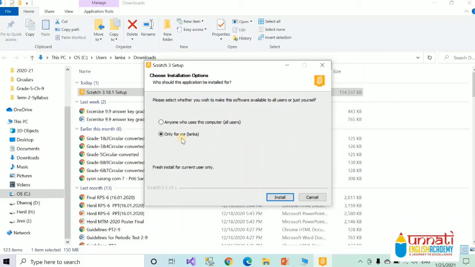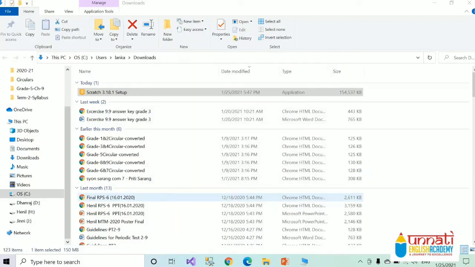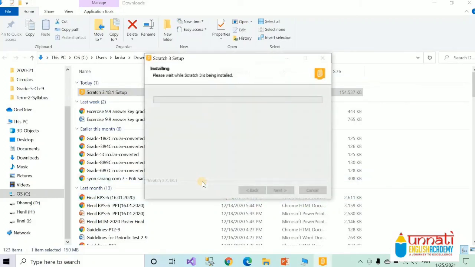In that, choose anyone who uses this computer and then press the install button. After clicking on the install button, your Scratch software will start installing.